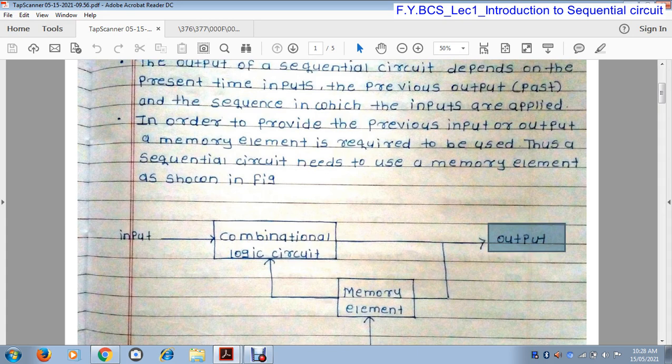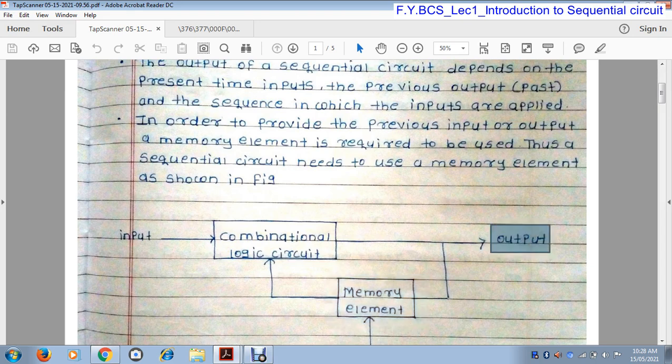So the new output depends on input as well as past output, because this memory element is connected in a feedback path. Feedback means some part of the output is again fed to the input.